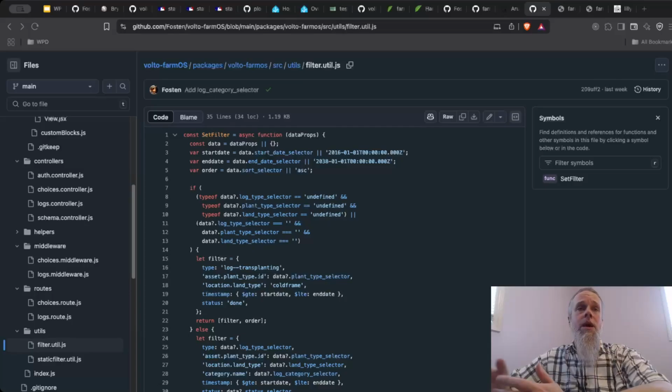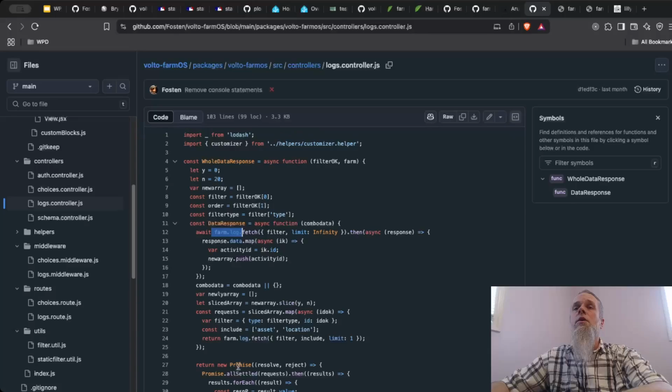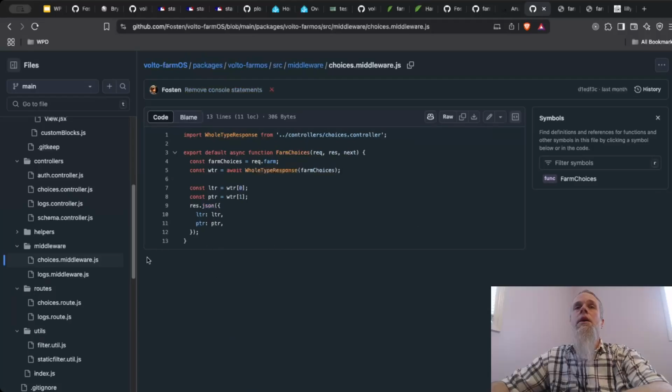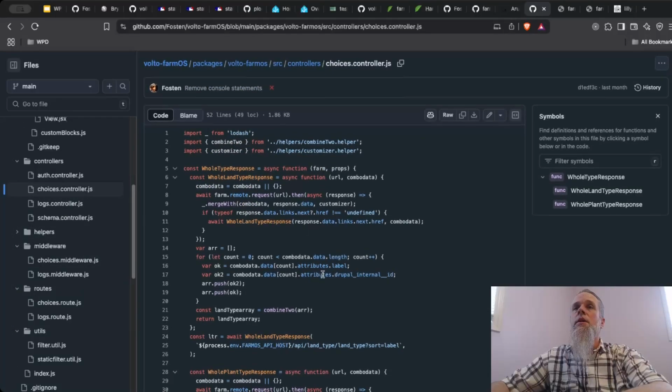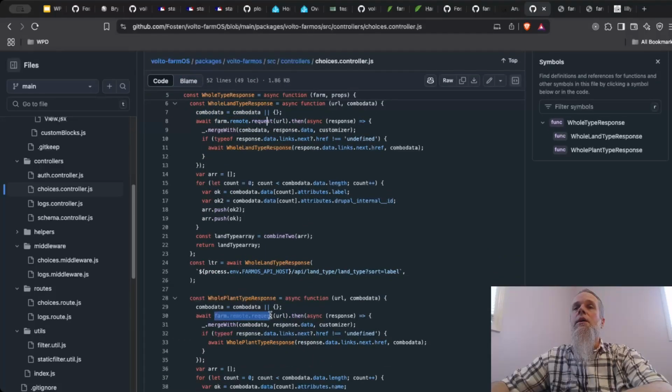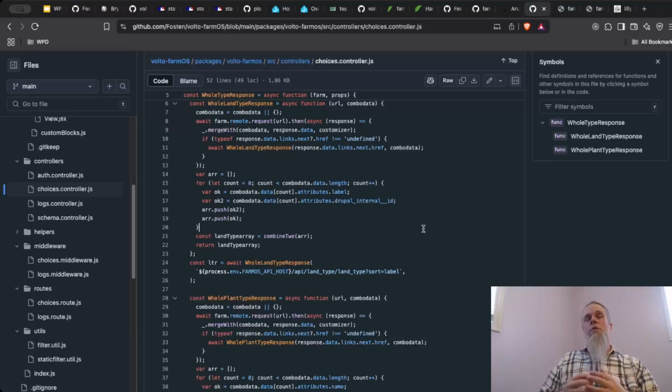And concurrent requests. So as you can see, we were making at least 2 farm log calls here and farm log calls here. We're also making, with the choices controller, a farm remote request here and a farm remote request here. And when I first programmed it, doing those requests sequentially took a little bit of time. I would load my page, I would wait 3 minutes, and then the data would eventually show up. But being able to do those connections simultaneously greatly speeds up the